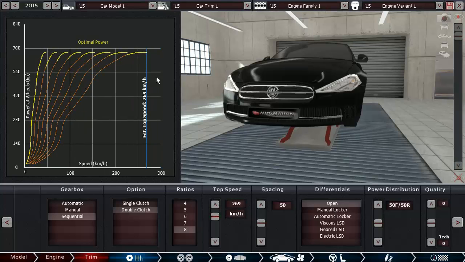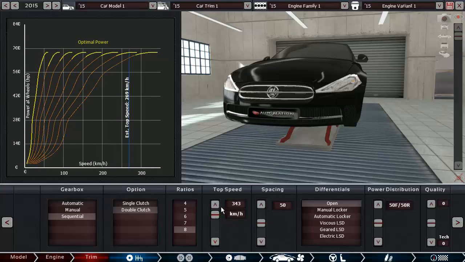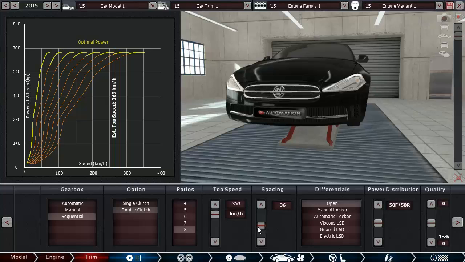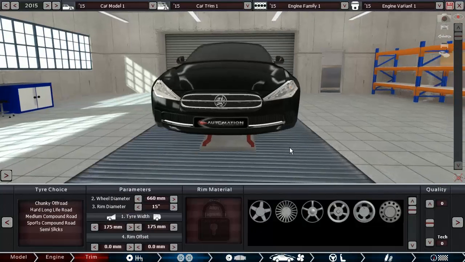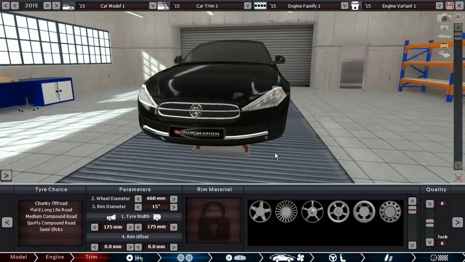I don't think I want the top speed to be that low, honestly. So I'm gonna gear it like this, because I know that it's probably gonna be quite fast. Electric LSD, because we can afford to. Can even put some quality in here, but I don't think it's gonna do us that good. The reason being that